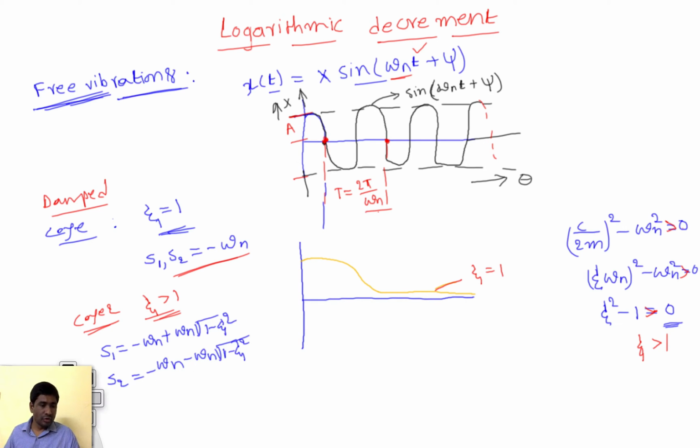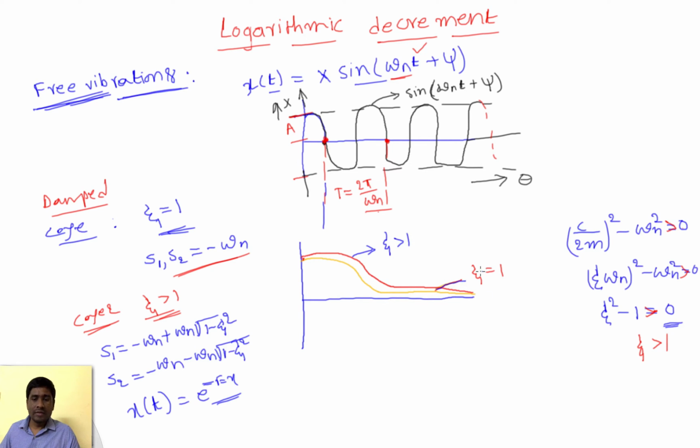If I substitute these two solutions in the final equation, again we get an equation in terms of exponentials. If you draw the curve here, it looks much like this, but we will see how it goes. Surprisingly, the curve goes like this. What you observe is that this is for xi greater than 1, and this is for xi less than 1.